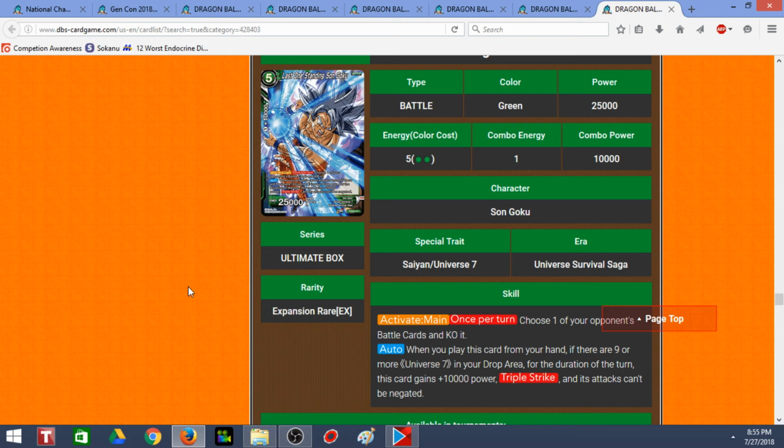Like you bring him out, you KO a battle card. Yeah, you can KO. No, you can't KO blockers or barrier blockers. Not barrier blockers. But I mean, you can pretty much get rid of any other thing. This card can still be Mafu, but